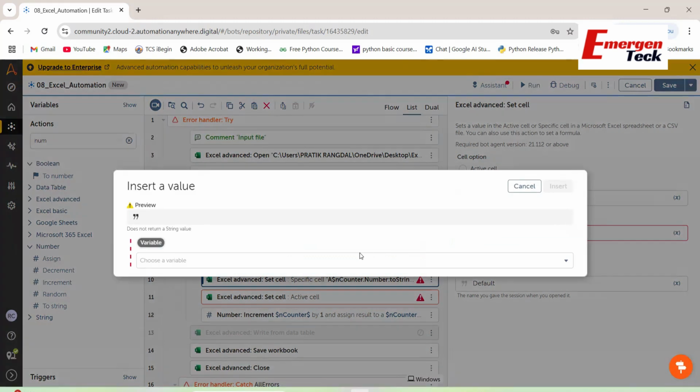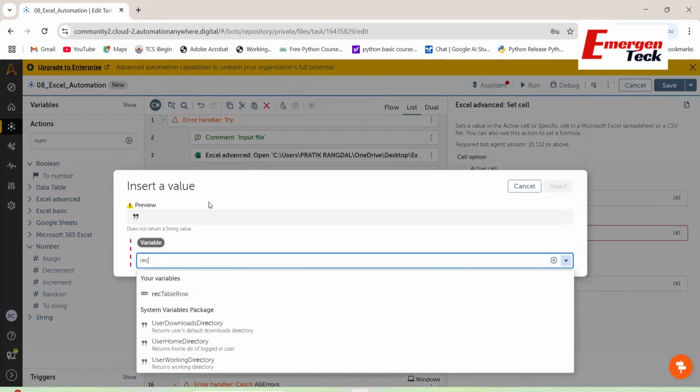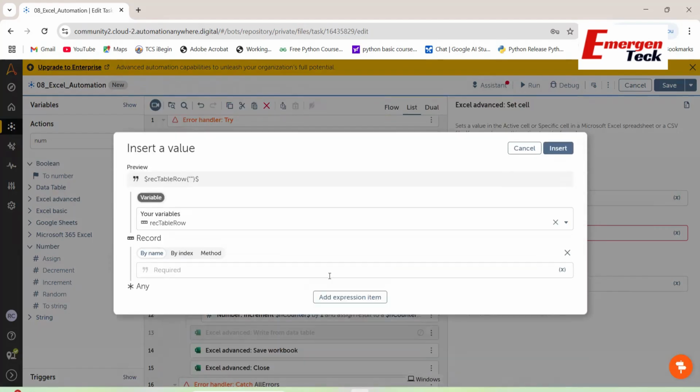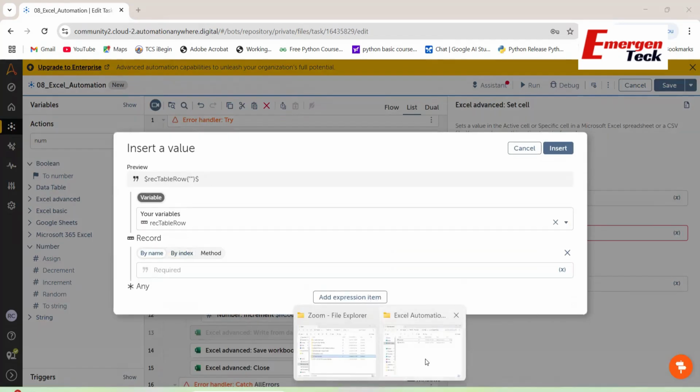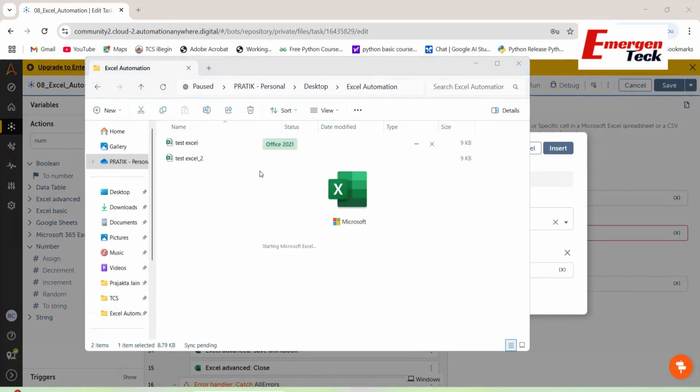I will insert the variable record table row and add the expression item by name. So if you want to select by name or index, let's go with by name, as currently we know the headers. So headers, always copy it from the Excel as it is,